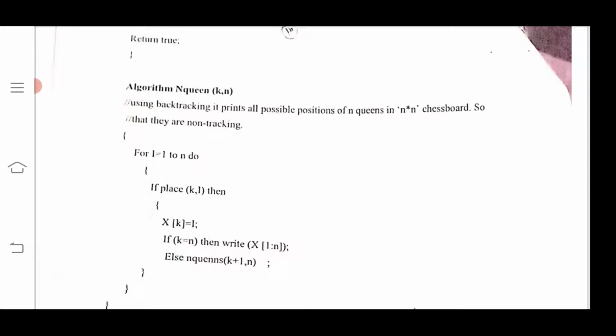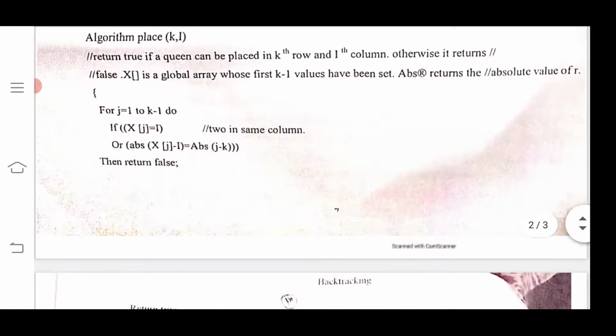By using backtracking, it prints all possible positions of n queens on an n by n chessboard, or n by n matrix, so that they are all non-attacking. This is the concept of the n queen problem.